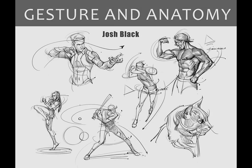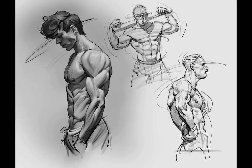I have exciting news to share with you today. I released this morning my very first ebook on Gumroad. It's a compilation of what I consider to be some of my very best figure drawings, gesture drawings, anatomy studies, and painting exercises. I put this together with the hopes that you guys can see the journey that I've taken